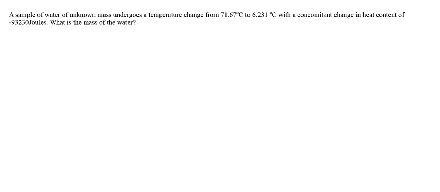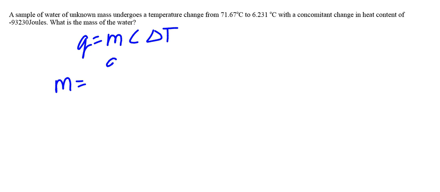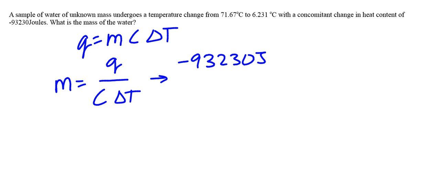Okay, again, starting off with Q equals mc delta T. I'm going to rearrange that to get mass is equal to Q over C delta T, right? And then it's just a matter of plugging in my numbers. Okay, once I have my equation rearranged, my Q is going to be negative 93,230 joules over the specific heat capacity, because we are dealing with water again, so it's 4.184 joules per gram degree Celsius, right, times my change in temperature,